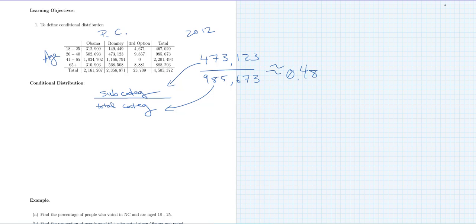And so how can we understand this? Again, it's the number of 26 to 40-year-olds with the condition that they voted for Romney, which is different than looking at the people who voted for Romney that happened to be 26 to 40. For conditional distributions, it's very important to pay attention to the word problems, because if we did it the other way around,